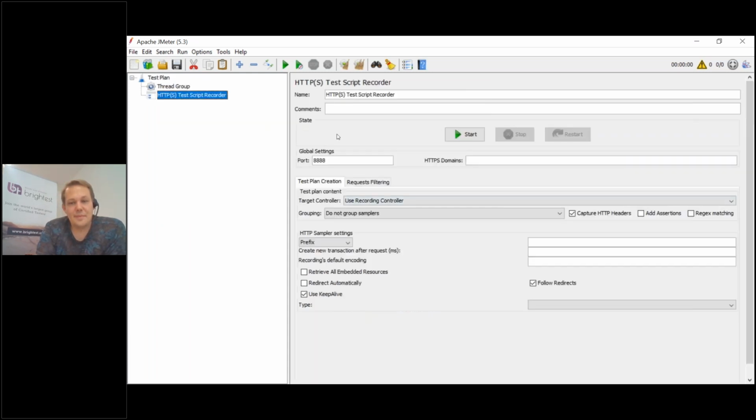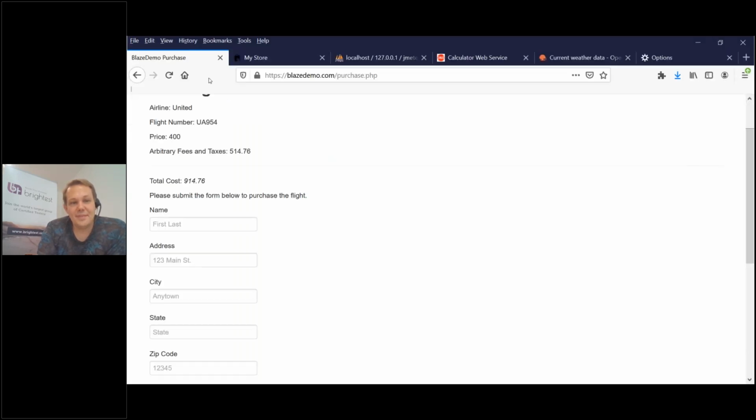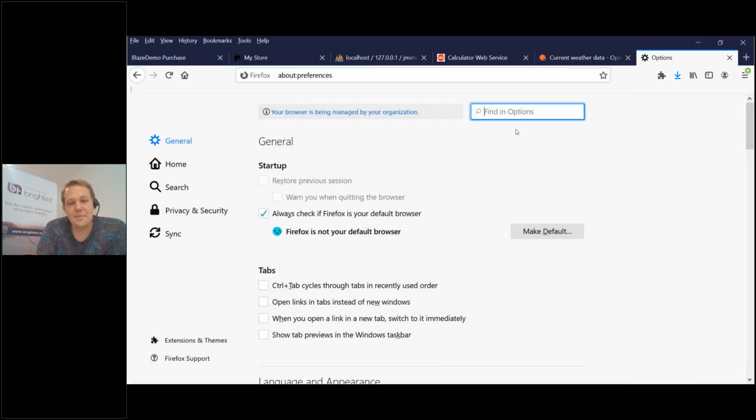So this is the test script recorder proxy. So here is so important, keep in mind the port. In that case, I have to specify this port here. Because that port, I have to specify this port on the web here. Okay, so I need to go here, tools, option, here, proxy setting,